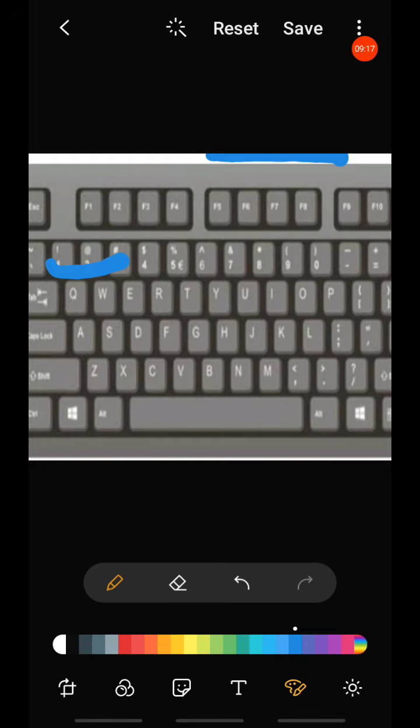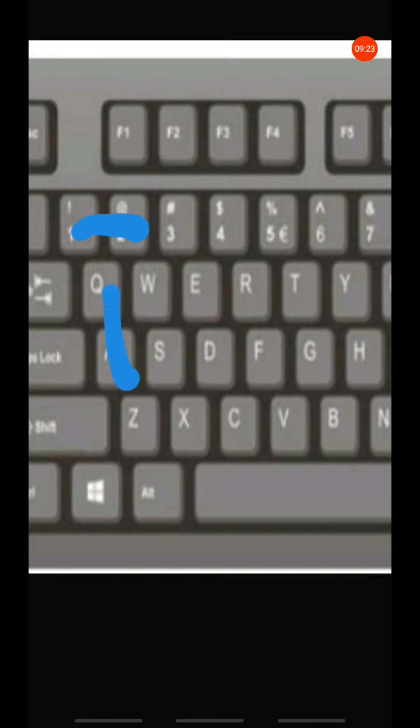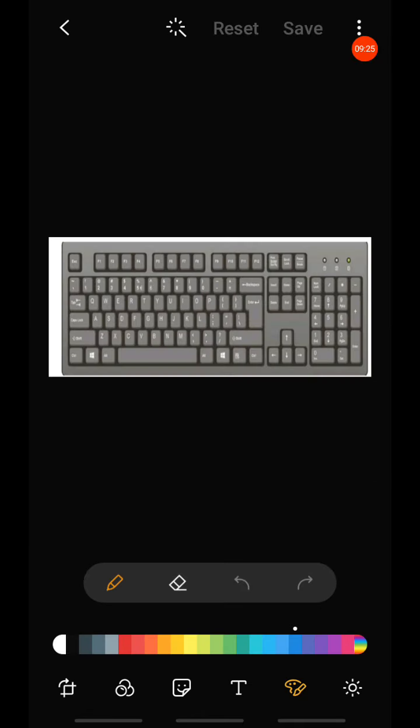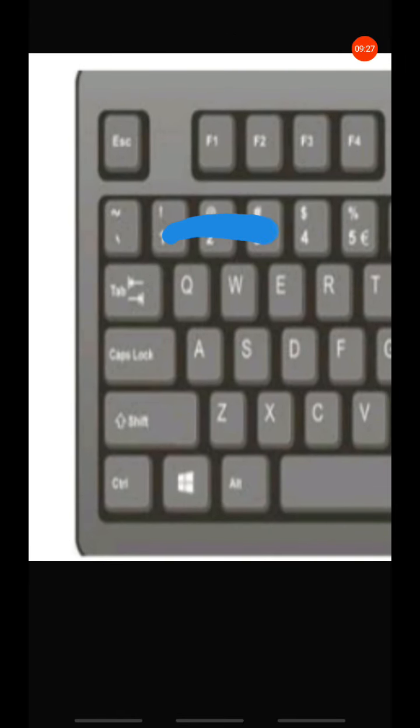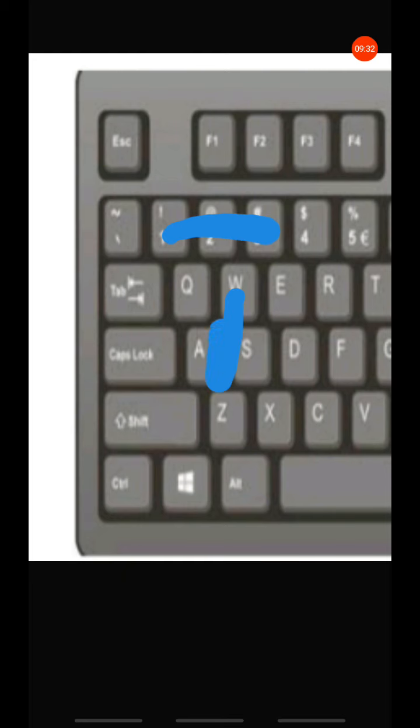For 1, 2, 3 we will use the ring finger.